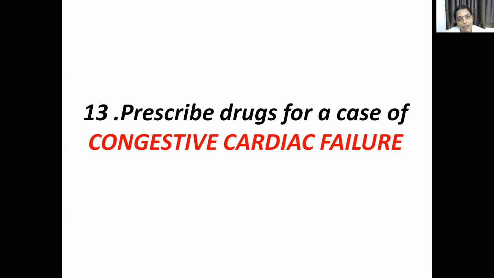So what happens with the decreased renal perfusion? There is release of angiotensin 1, which gets converted to angiotensin 2, and this angiotensin 2 stimulates the secretion of aldosterone. What are the actions of aldosterone? This causes sodium and water retention. It has a vasoconstrictor effect which increases the preload and the afterload. Then it also aids in cardiac remodeling, that is, there will be ventricular hypertrophy which will facilitate an increase in the pumping action of the heart. All these are occurring to increase the cardiac output.